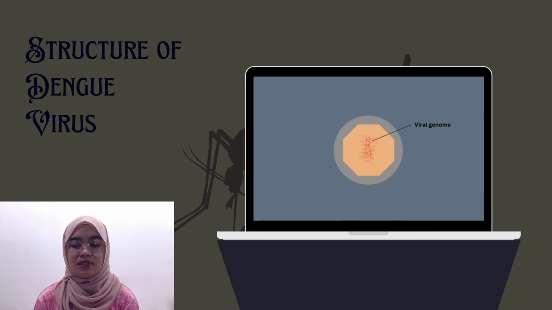The nucleocapsid is surrounded by a membrane called the viral envelope, a lipid bilayer that is taken from the host. Embedded in the viral envelope are E and M proteins that span through the lipid bilayer. These proteins form a protective outer layer that controls the entry of the virus into the human cell.